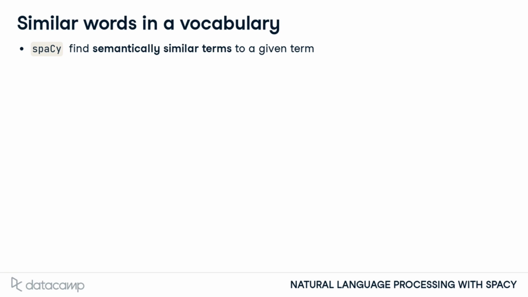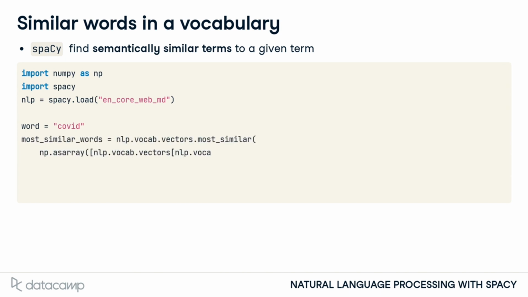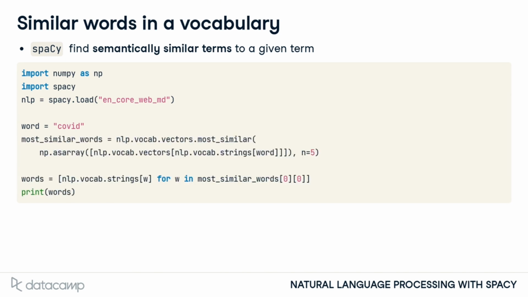Now let us learn how we can use spaCy's vocabulary to find similar words to a given term or phrase, such as COVID. For this purpose, we first extract COVID's word vector using nlp.vocab.vectors and nlp.vocab.strings as discussed before, and convert it to a NumPy array using the np.asarray method. Then we can use the nlp.vocab.vectors.most_similar method to search among vectors of all the words in its vocabulary for 5 most similar